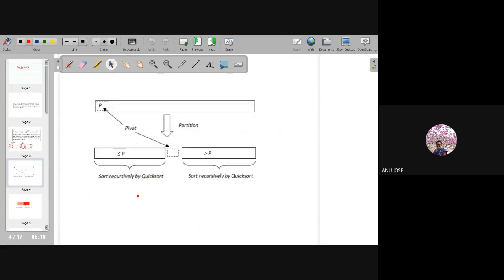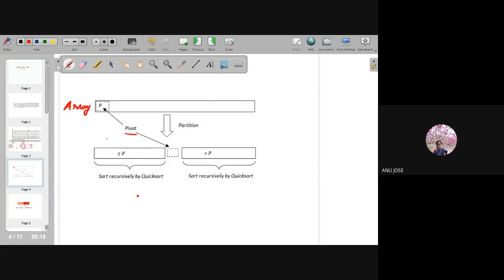Okay, so this is the most basic idea of quicksort. Here you have an array. In this array, the first element we take is called the pivot element.